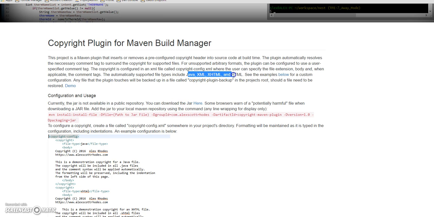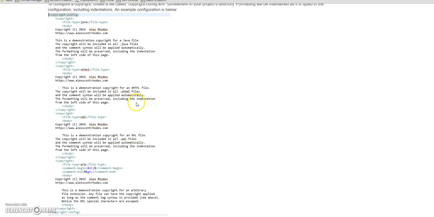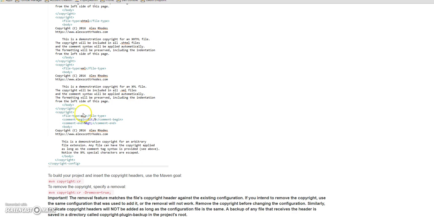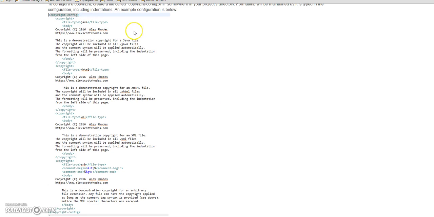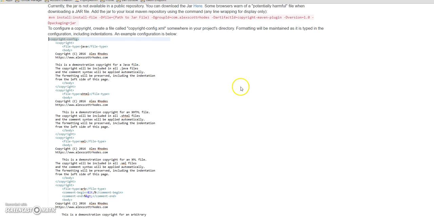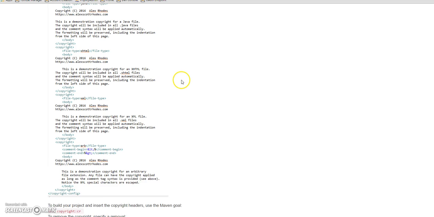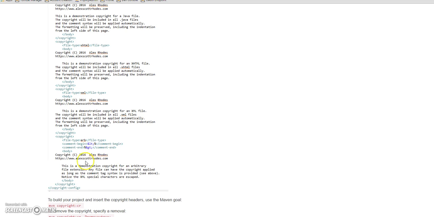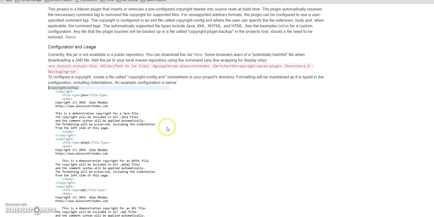Supports Java, XML, XHTML, and HTML automatically, and then if there's a file type that you want to use that isn't supported automatically, in the configuration, which is this file here, it's copyright config that you save anywhere in your projects directory. In the configuration, you can specify the comment begin and comment end tags to use for any arbitrary